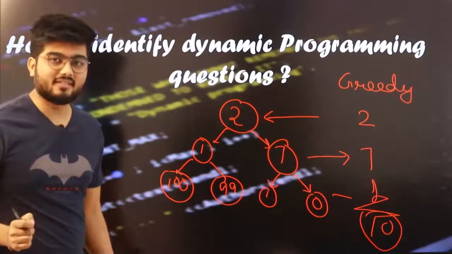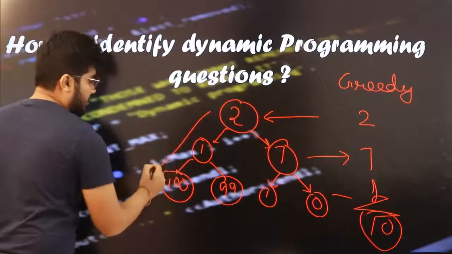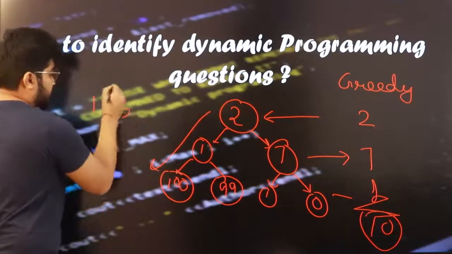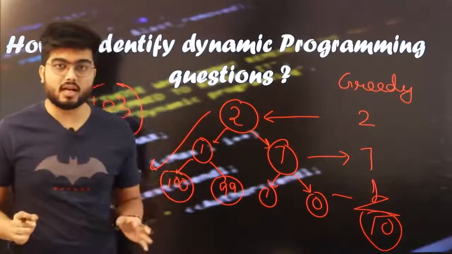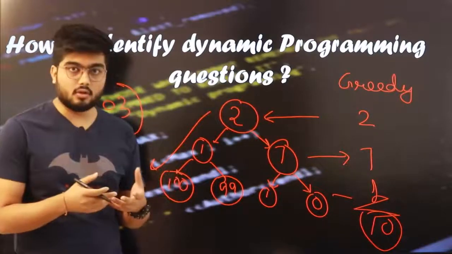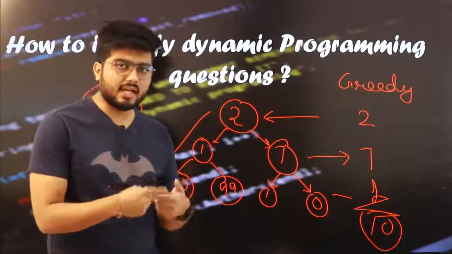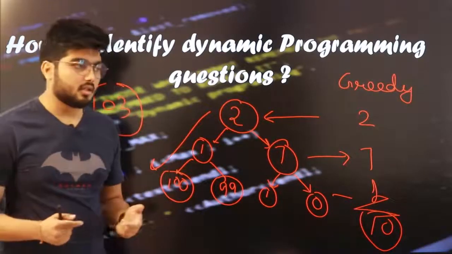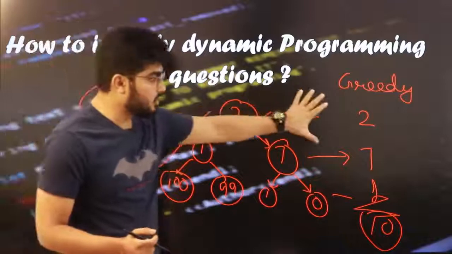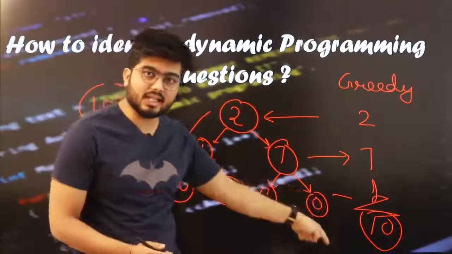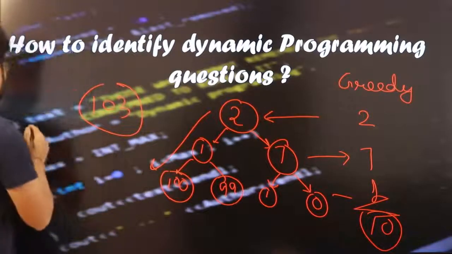Now is the answer 10? Obviously not. The answer is 2 plus 1 plus 100, which is 103. So here we need to check all the possible solutions or all the possible answers, which leads us to dynamic programming. In dynamic programming we make sure that we are not recalculating the same thing again and again. So I hope it's clear now where you can use greedy and where you cannot. If you use greedy and pick the maximum at every step, you'll reach a wrong answer. But here, if you use dynamic programming and look at all the answers,